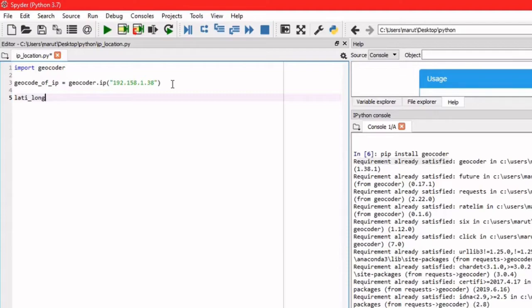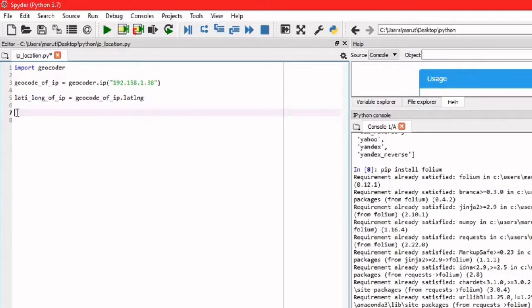These are variables, you can give any name for this, of IP address. Is equal to, so you need to again use geocoder of our IP. Now for this we need dot lat and longitude lng. We have the latitude and longitude of the given IP address, so we have decoded that.